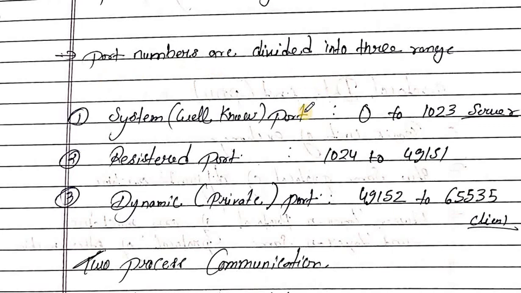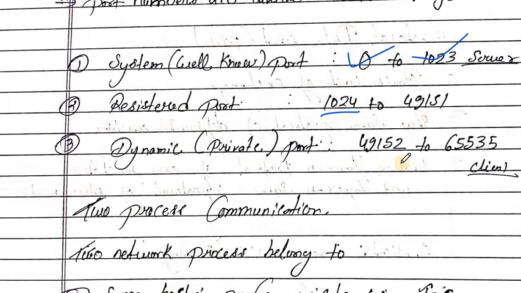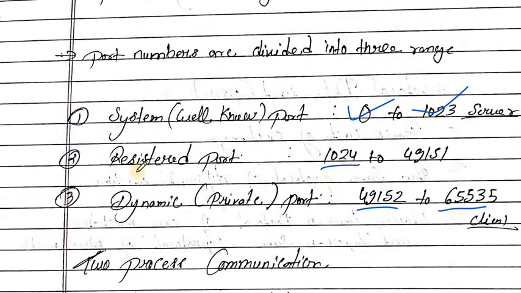The port numbers are divided into three ranges. First, the system ports from port number 0 to 1023, then the registered ports from 1024 to 49151, and the dynamic ports, also called private ports, from 49152 to 65535. These are the ranges of the port numbers which we use in